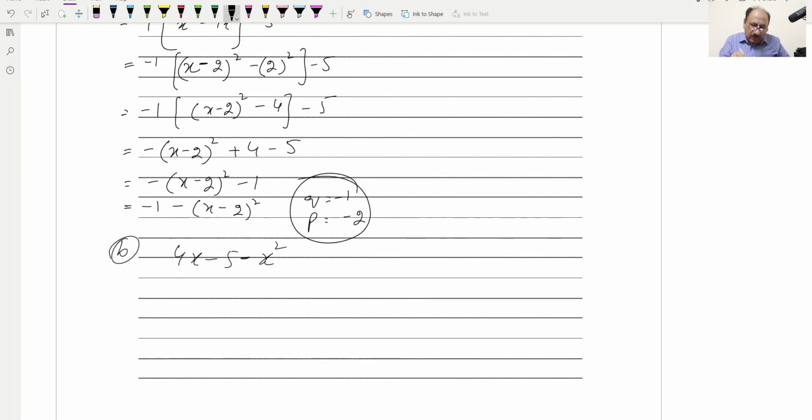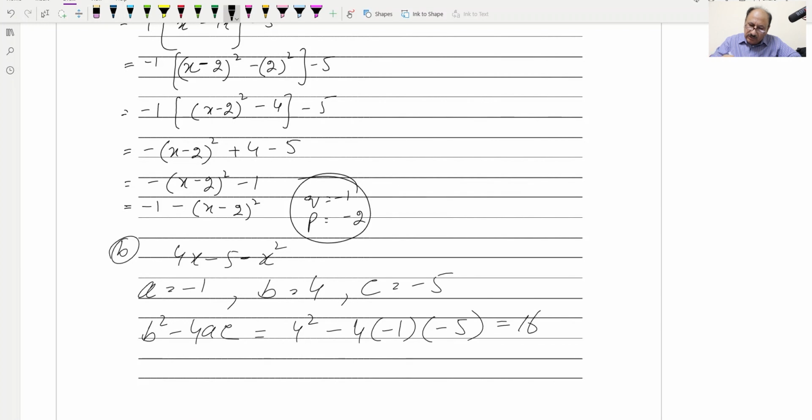So we can write a value will be coefficient of x square, which is minus 1, b value is coefficient of x, which is 4, and c value is constant, which is minus 5, and discriminant will be b square minus 4ac, and this will be equal to 4 squared minus 4 into a into c,